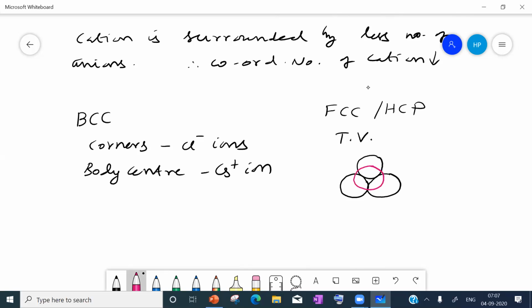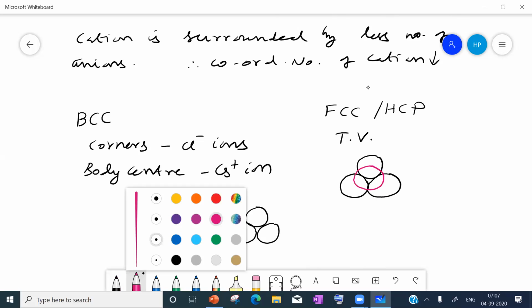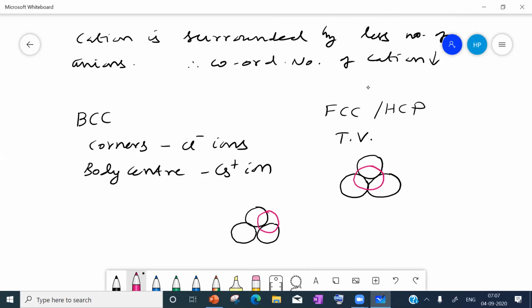In the same way, we will discuss octahedron. Octahedron means we will take one layer, 3 spheres, and in another layer, 3 spheres. One, second, third. These are anions. Anions are forming octahedron. In the octahedral void, what is there? Cation is there. So, based on the size, it will vary, isn't it? So, how it is present, that we came to know.